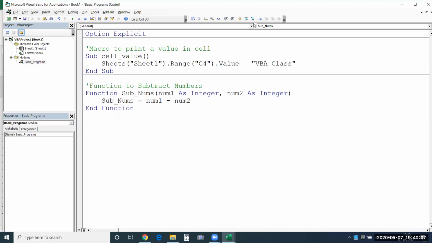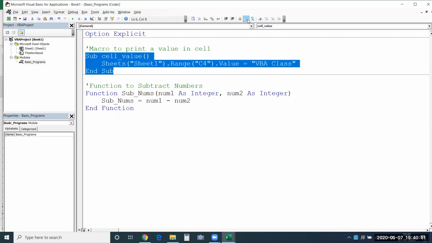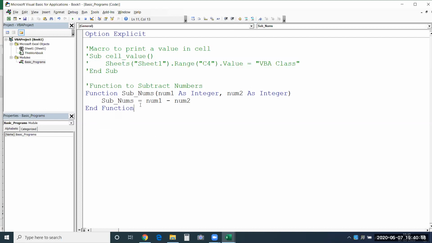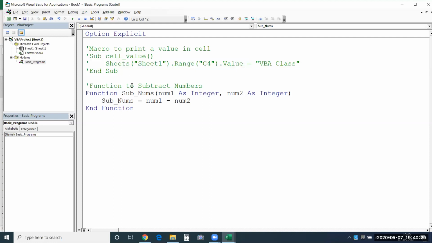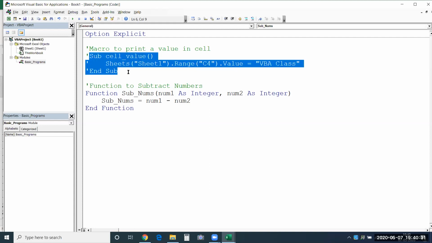In this Edit toolbar, you have got the Comment Block option. Now when you select this, it will block comment a line of code like this, a block of code like this. I had selected this, I just use this Comment Block. This entire block is commented now. In the same manner you can use it to uncomment it as well. Just select it, you have Uncomment Block, click on it, it will be uncommented.